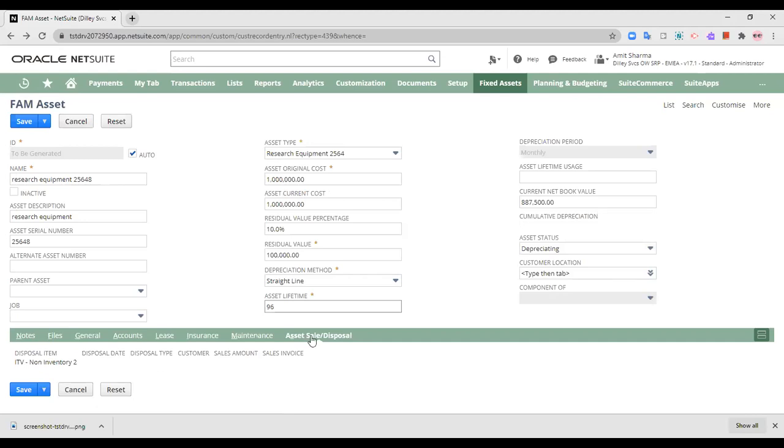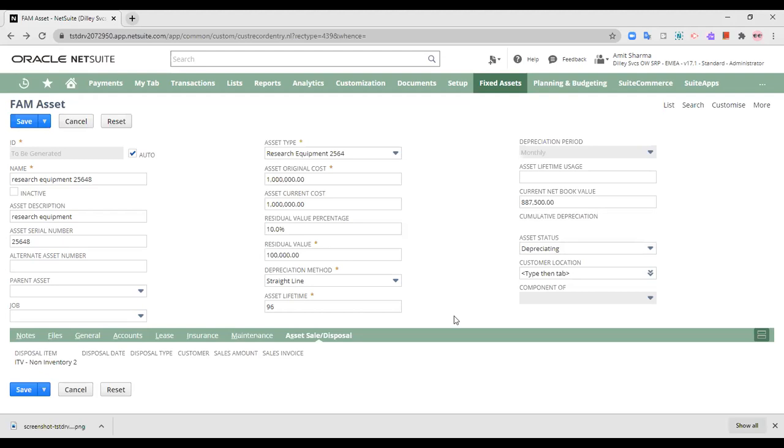And this asset sale and disposal item is automatically populated from the asset type. When the asset type was created, the disposal item that was selected was non-inventory item 2. So it has been automatically populated from here.